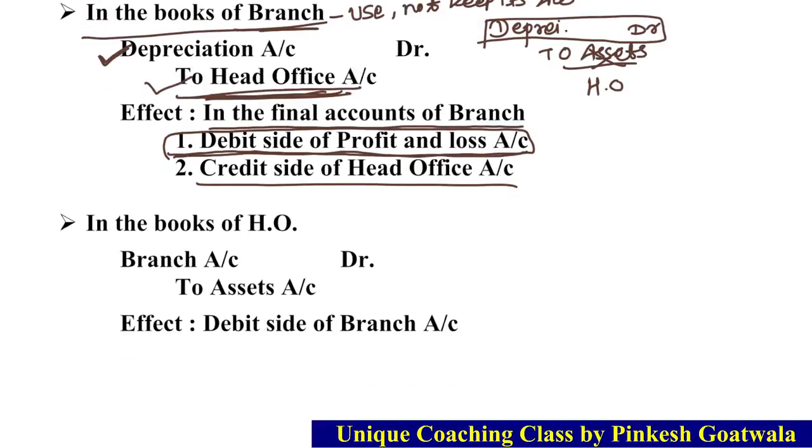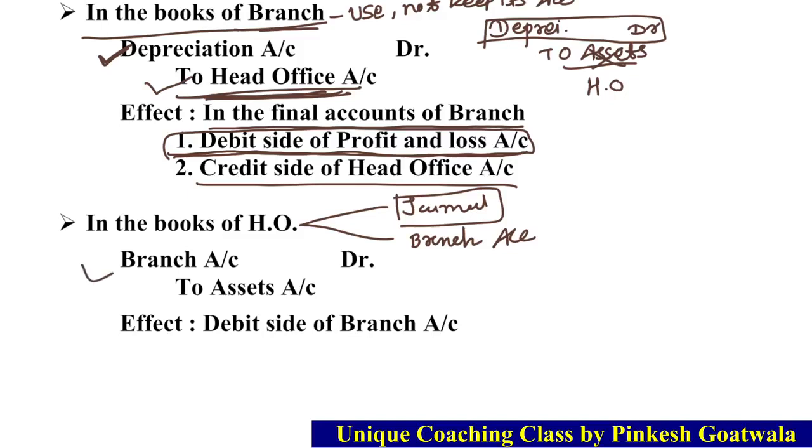And here in the books of head office, we know that in this chapter two types of questions are asked. First of all, journal, and second, branch account. In a previous video, we prepared both journal and also branch account. So in the journal, we have to add one more extra journal, branch to asset. And the second effect will come in the branch account. Here branch account is debit, so we give one entry on the debit side of branch account. Okay, clear? So here we have completed the point related to